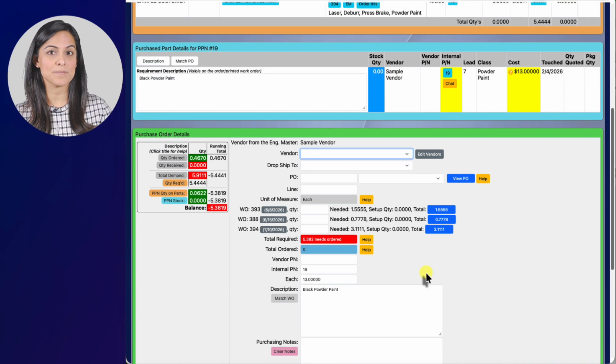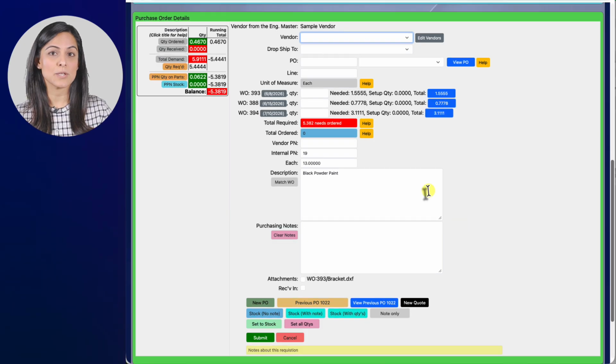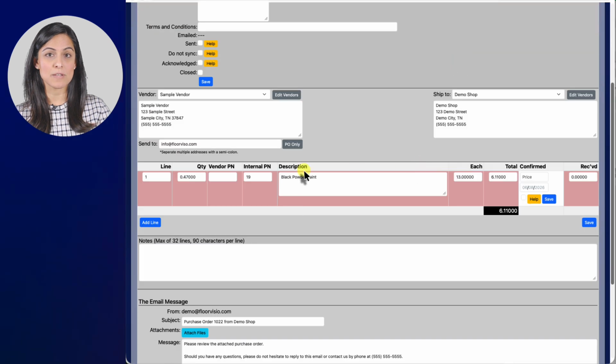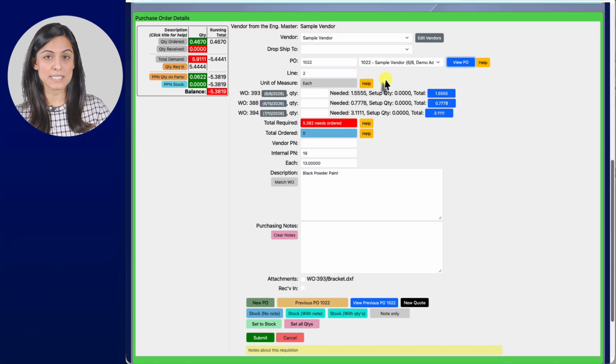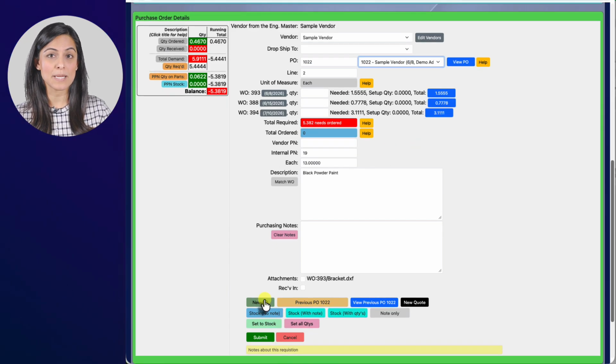Now when we go to order this material, we will do the ordering within the purchase order details. So if we want to create a new PO, we would select the button of New PO first. If we wanted to add this to an existing PO, if there's an existing open PO, we would see it in this drop-down list here. Now if we forget what's on this open PO, we can select it and then click the View PO button to make sure that this is the purchase order we would like to add these requirements to. So you can create a new PO or you can select an existing PO. In this situation, we are going to create a new PO